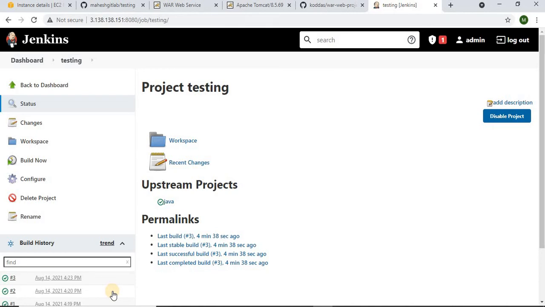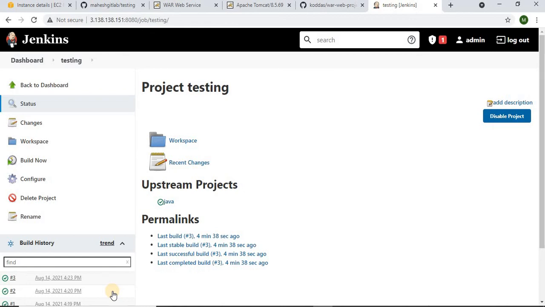So once we have continuous testing in the testing job, what's our next step? Testing is done, so we have to deploy that artifact. Whatever has been generated in the Java job has to be deployed in production. So that has to be the fifth stage, right? The fourth stage is continuous testing, and that fourth stage exists in the testing job. So obviously I have to make a chain on top of that, right?